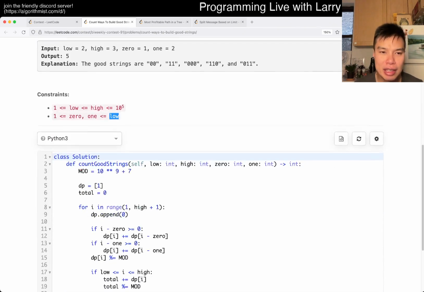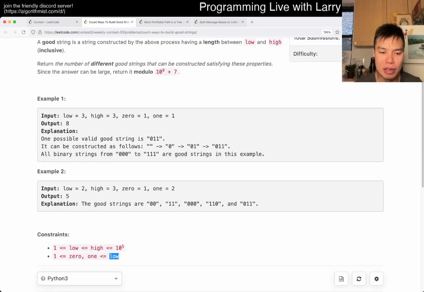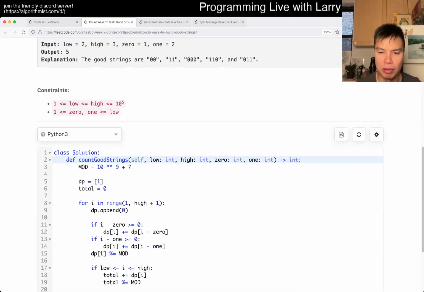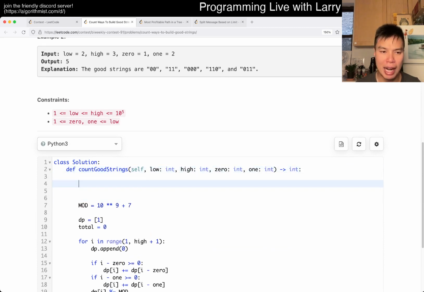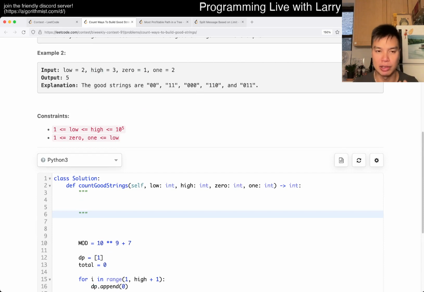The way they phrase the problem is very interesting and kind of confusing. But the short answer is that it's a counting problem, and you can probably do it recursively with top down. But at least in my contest, I did it bottom up